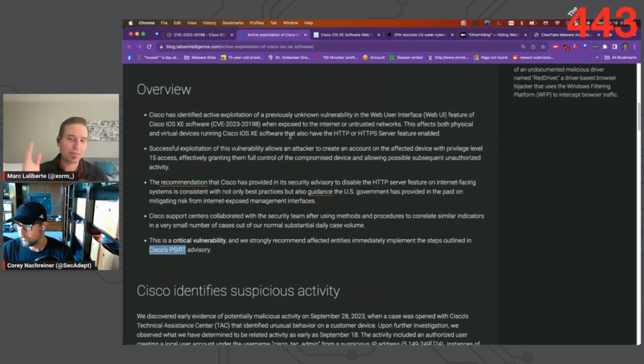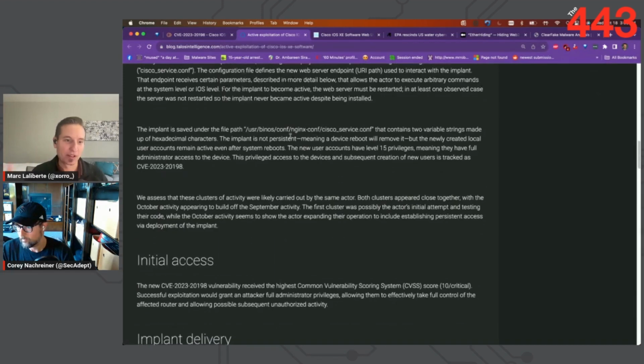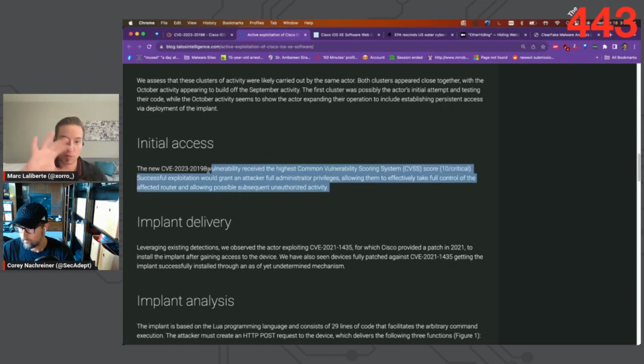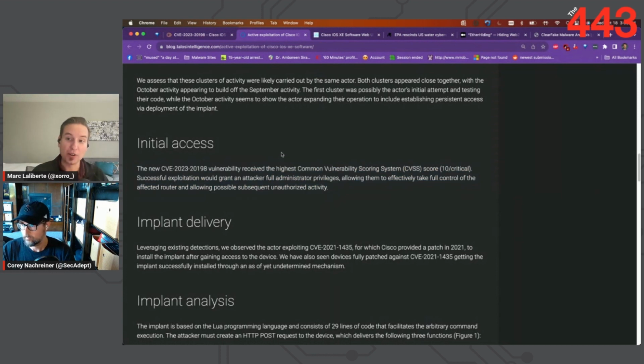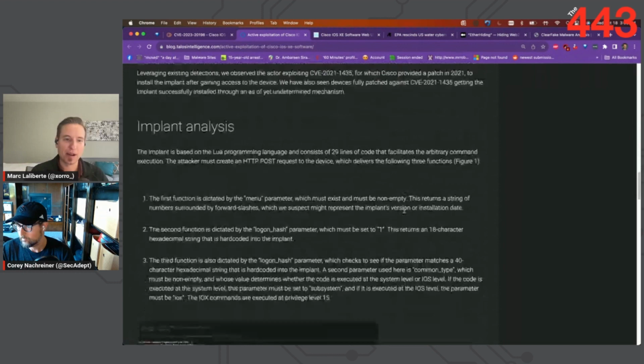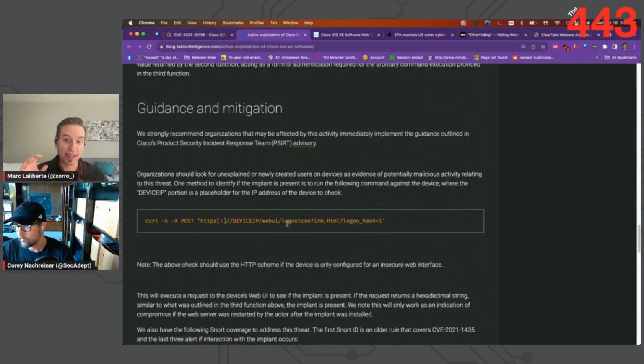So basically, it's an authentication bypass vulnerability where if the management web UI interface in IOS XE is exposed to the attacker, they can create themselves an account with administrative privileges and then use that to do other things. So Cisco noted in their advisory that the vulnerability was under active exploit in the wild, and they even provided a curl, like web requests, to check whether any given system has been compromised by an implant that they had identified targeting Cisco devices.